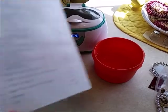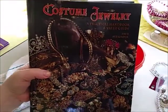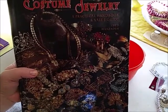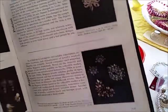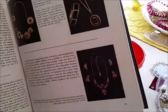I also got another one that I have for sale. It's a 1998. Okay, and it is costume jewelry. A Practical Handbook and Value Guide by Fred, and I'm probably going to butcher his name. It's Razazade, and it is a really thick book. This is $5. Also, it is interesting because it goes through,